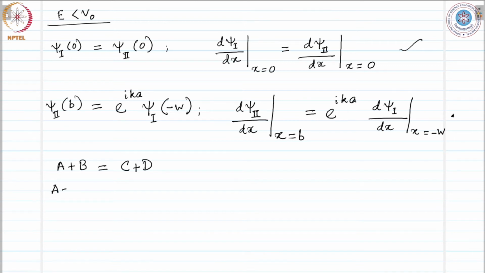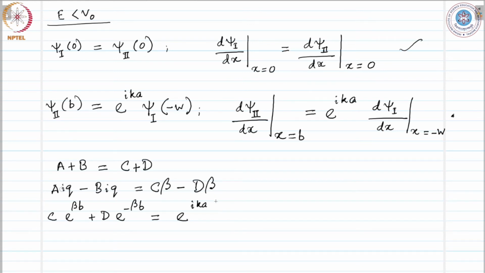We get a times iq minus b times iq equals c beta minus d beta. c times e^(beta b) plus d times e^(-beta b) equals e^(ika) times (a e^(-iqw) plus b e^(iqw)),